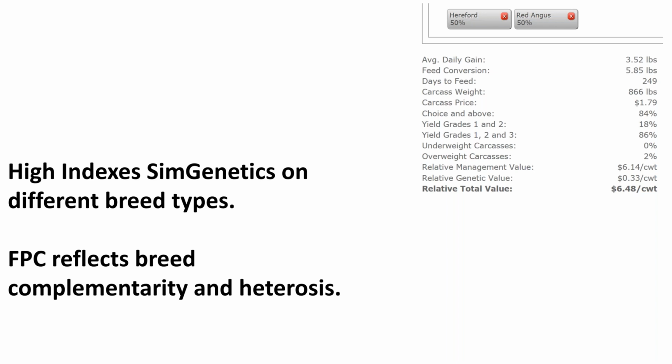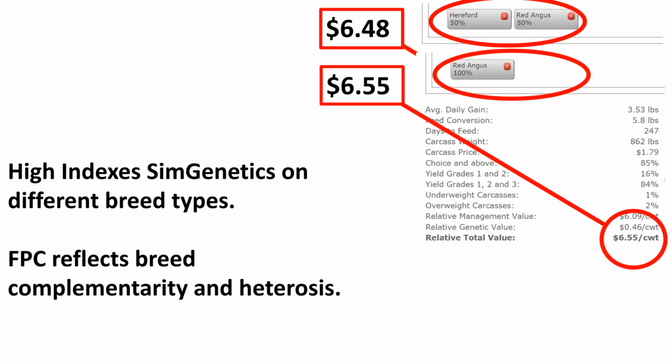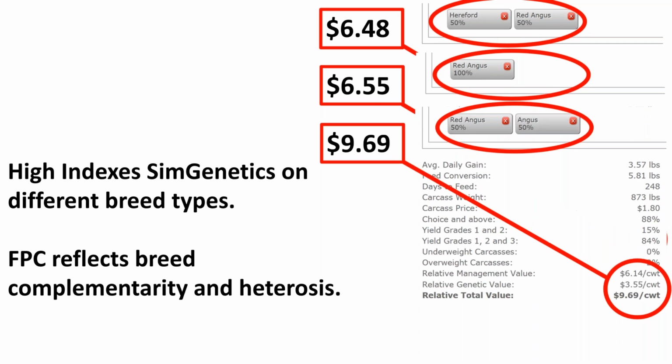And here's an example. I didn't show the bulls just to save space, but of some really profit-focused Simmental bulls on different cow types. So in this first one, we're using some red baldies as cows, a Hereford Red Angus cow base. And those calves have, again, about $6.50 of total relative value. The next one are straight Red Angus, and you can see that's essentially the same number. But now as we start to, in this case, have a cow herd that's half Angus and half Red Angus, you can see that number goes up quite a little bit, mostly because there's a little more terminal merit in